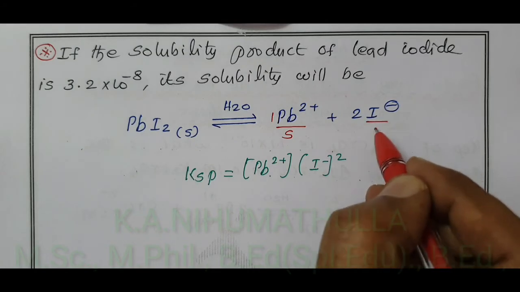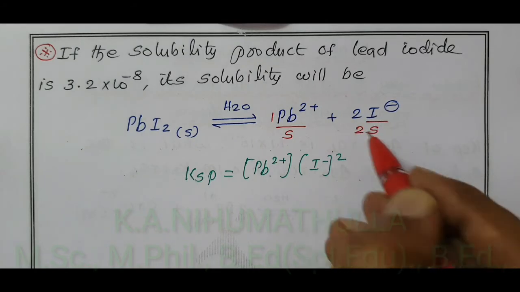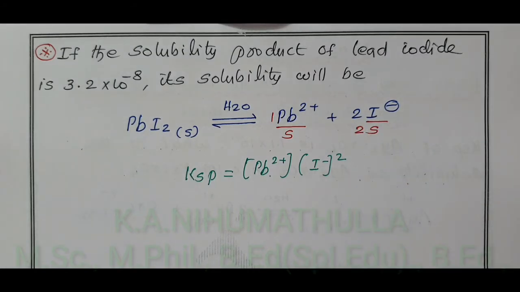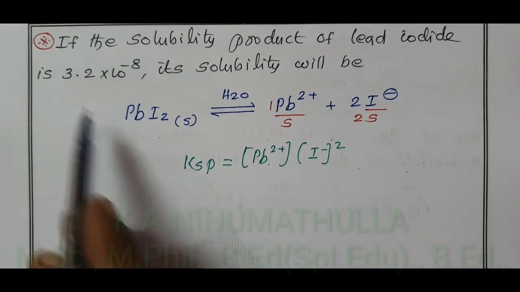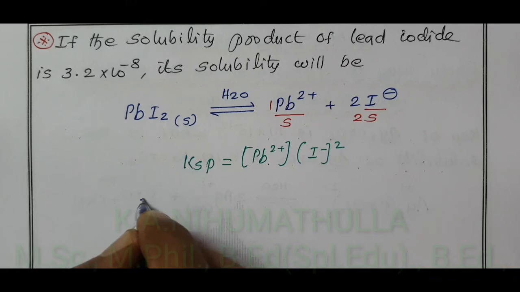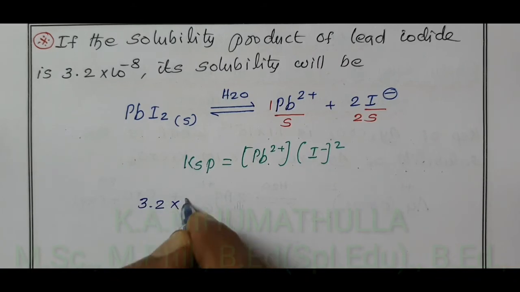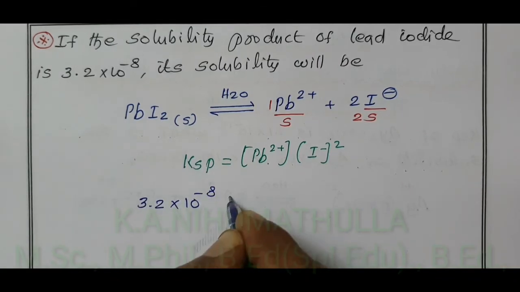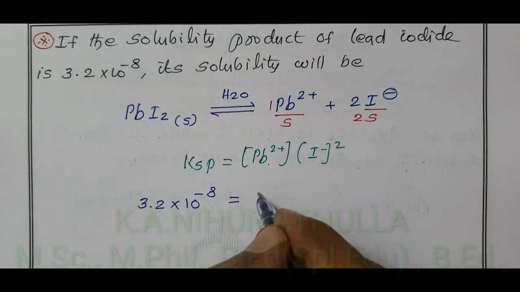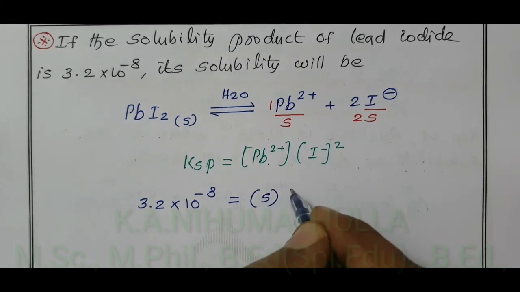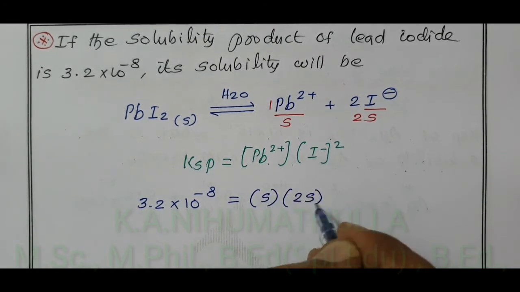I minus concentration is also S, before I 2 moles of I. Substitute these two values in this equation and also the Ksp value. Solubility product is 3.2 into 10 power minus 8 equal to Pb2 plus concentration S, I minus concentration 2S the